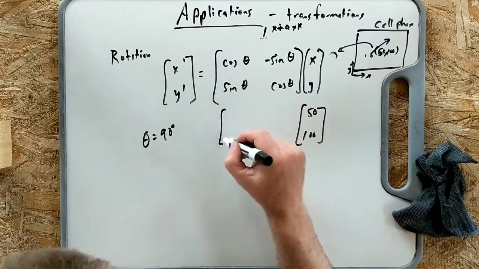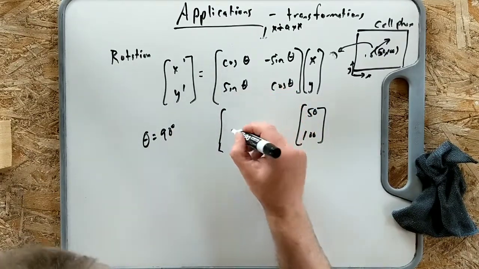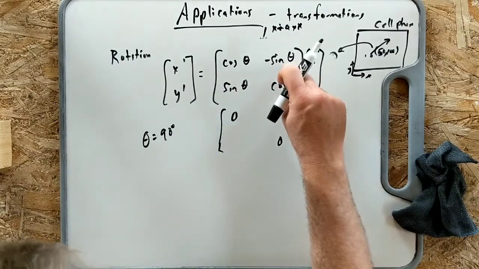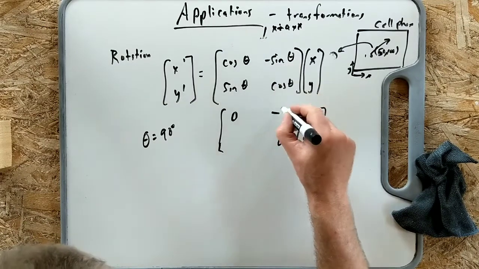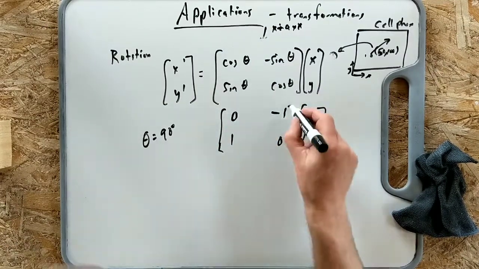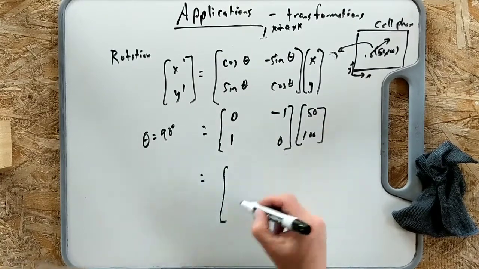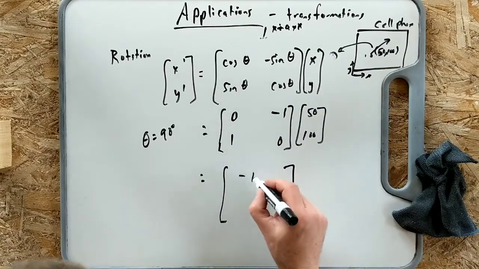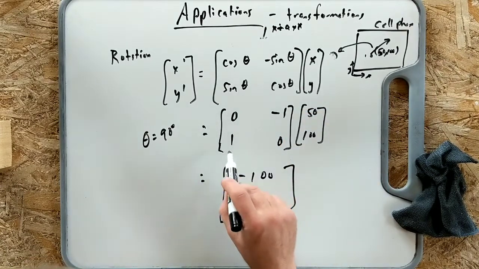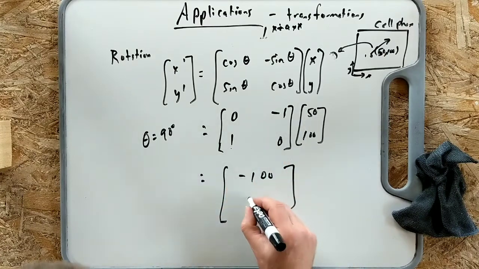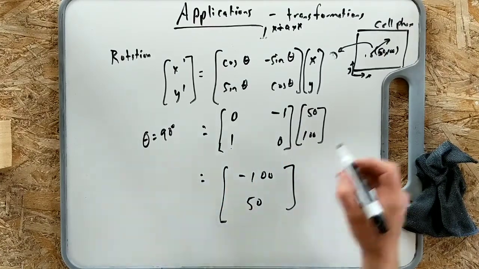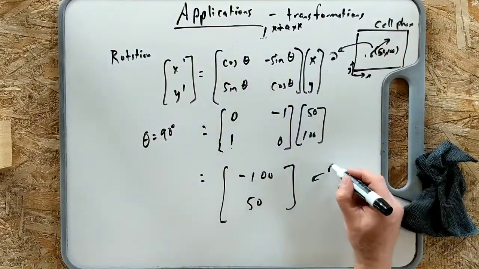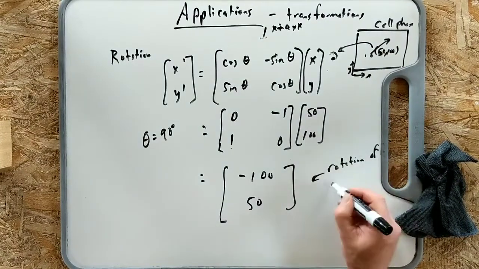Cosine of 90, hope you remember this from the unit circle. Cosine of 90 is 0. So that's 0, 0. Sine of 90 is 1. So this is -1. Sine of 90 is 1. There we go. That's a matrix multiplication. And I'll go 0 again. Now matrix multiplication will give me 0 times 50 plus -1 times 100, and you get -100. And then the second row is 1 times 50 plus 0 times 100, which is 50. So the point is -100 and 50 over here. So that's a rotation of 90 degrees